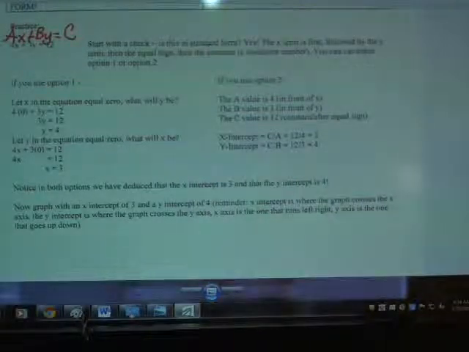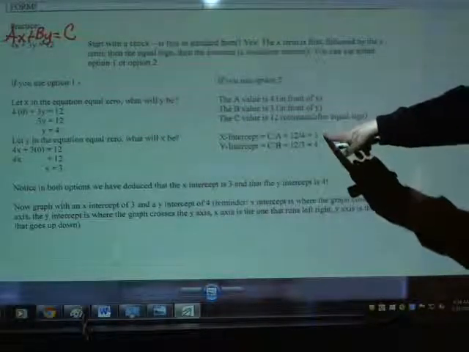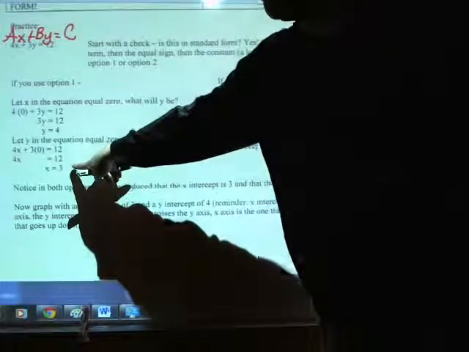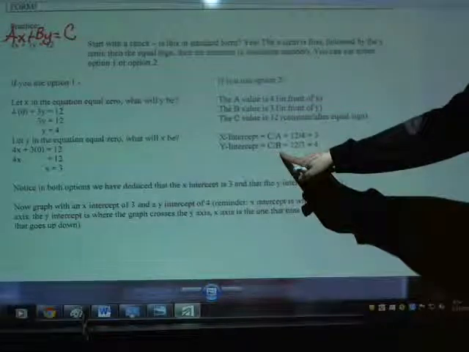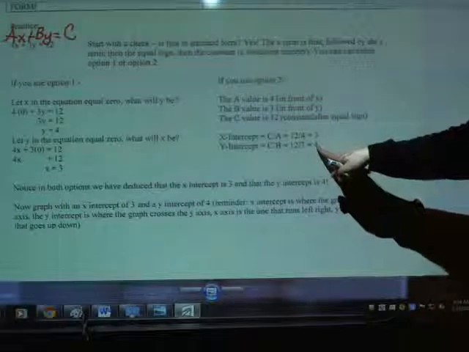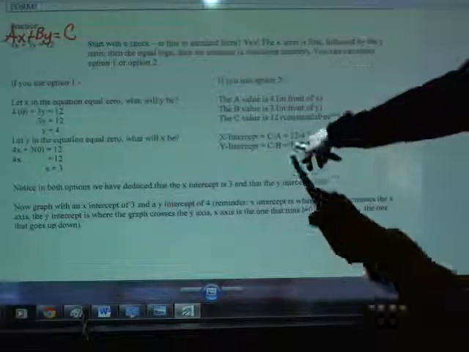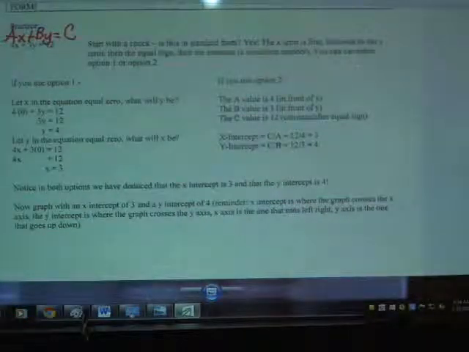The x-intercept is the C value divided by the A value. 12 divided by 4 changes into 3. Well, if we look back at option 1, we found the same thing, that the x-intercept is 3. The y-intercept is the C value divided by the B value. 12 divided by 3 changes into 4. Notice again, that's exactly what we found over there, that the y-intercept is 4. So either way we go, same answers, which is going to happen every single time. We found out that the x-intercept is 3 and the y-intercept is 4. So now we're ready to graph that. We're going to graph an x-intercept of 3 and a y-intercept of